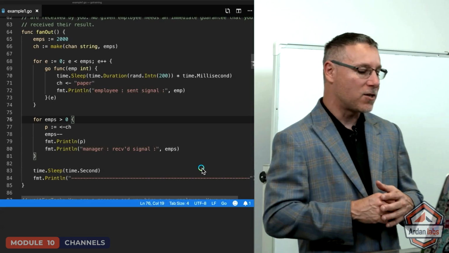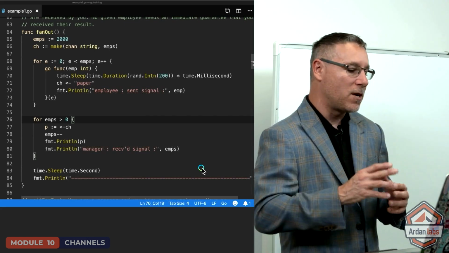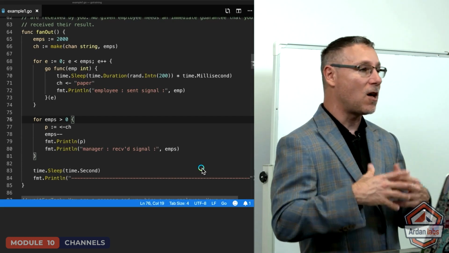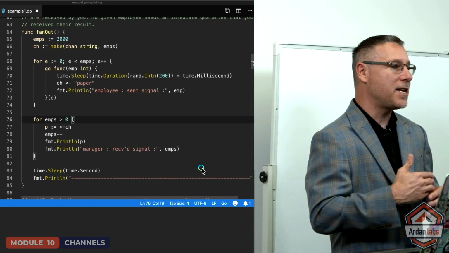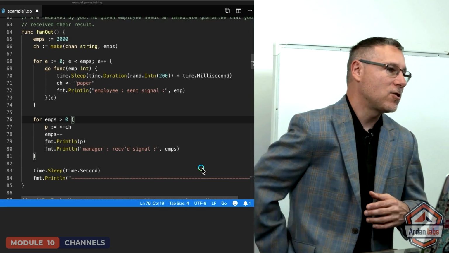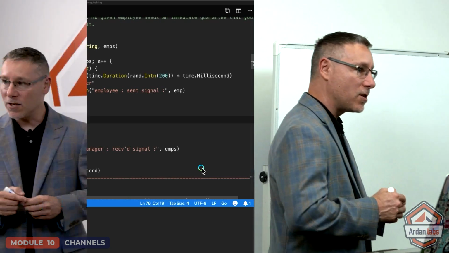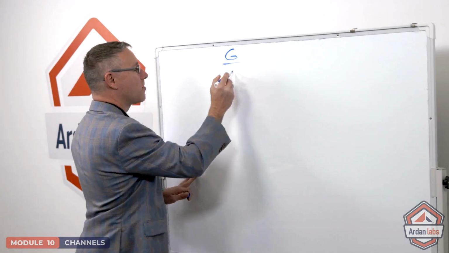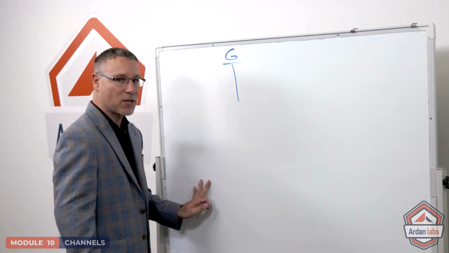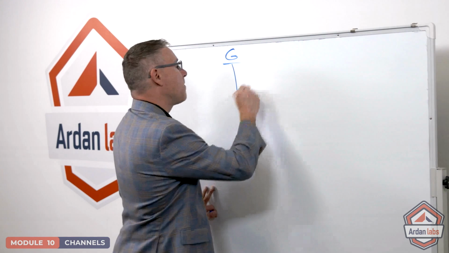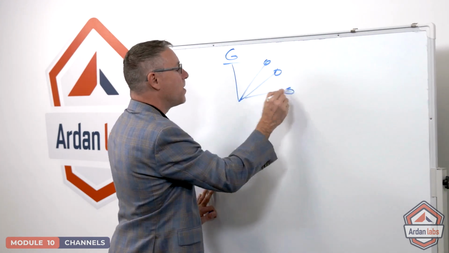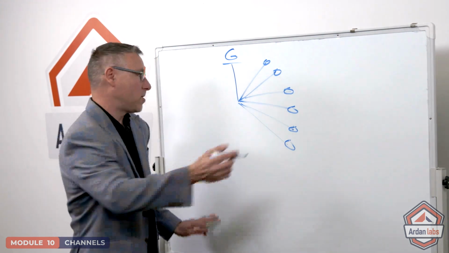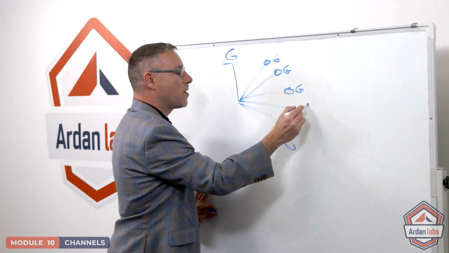There's our fan out function. And on line 65, what we're going to do is say that there are 2,000 employees that we're going to launch off to do some work. The idea of a fan out pattern is just that: you have a bunch of work to do. And so here's our Go routine. This is us. We're in some sort of path of execution. We realize that we have individual pieces of work we can do. We could do it ourselves, but we decide, no, we're going to go off and launch a Go routine maybe for every piece of work that's there.